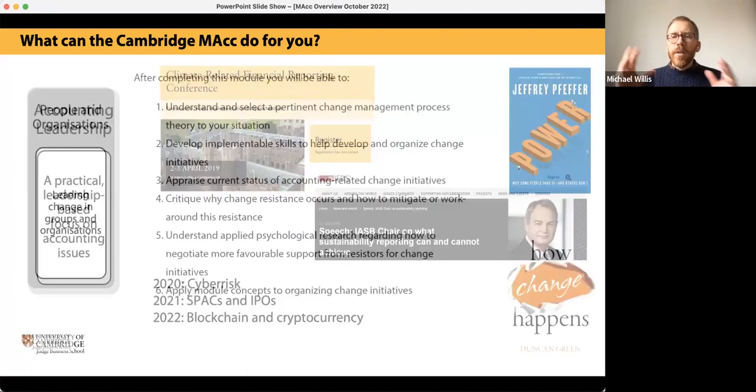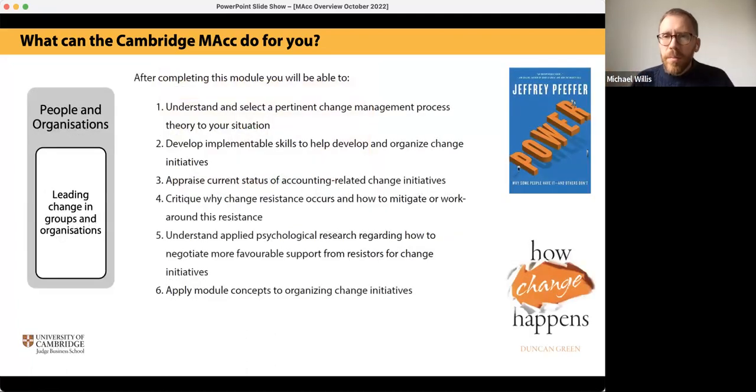Okay, so moving now into the next curriculum pillar in the MAc program, people and organizations. And I want to highlight a couple of modules in this area. The first is our change management module. So we know that the world is in need of change. We know that organizations are in need of change, teams are in need of change, and we ourselves are in need of change. And so this module brings ideas around psychology, around organizational behavior, around risk management, and around leadership